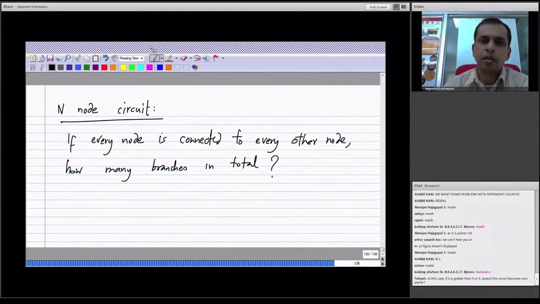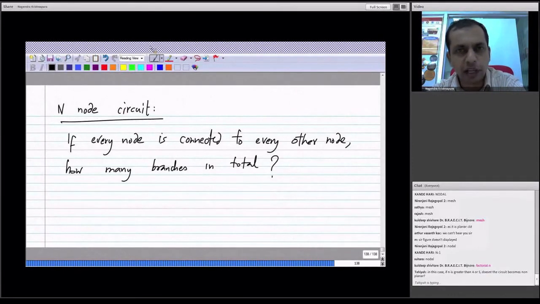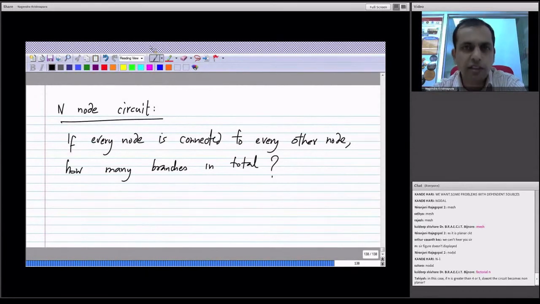So what we have done today is to discuss mesh analysis, which is an analysis based on KVL for planar circuits, and we also made an analogy with nodal analysis. So it should be quite easy to understand. We also looked at the exceptional case, which is mesh analysis with current sources, which is analogous to nodal analysis with voltage sources. So hopefully you have understood it all. If you have not understood it, then please raise your questions at the beginning of the next class